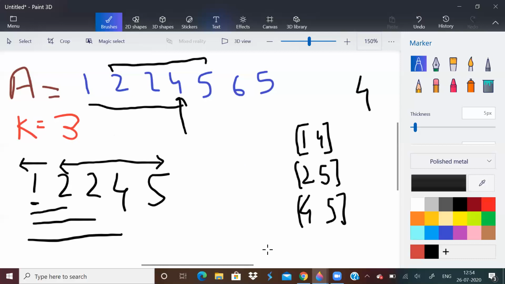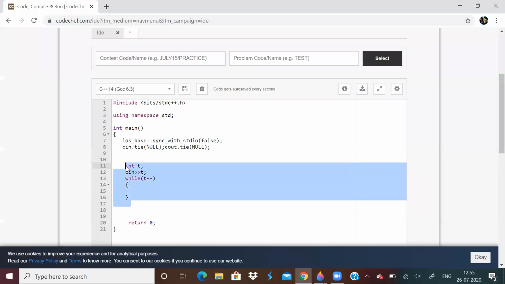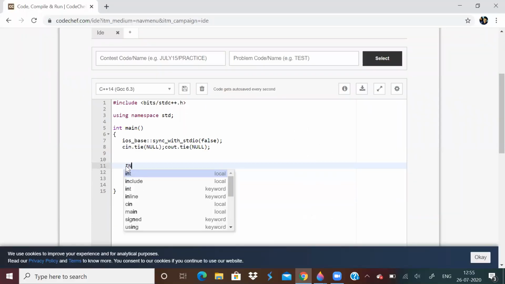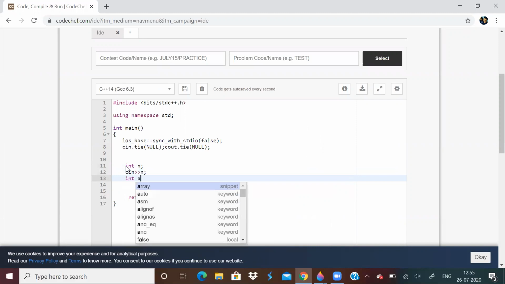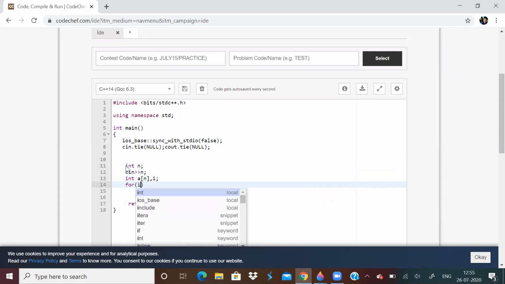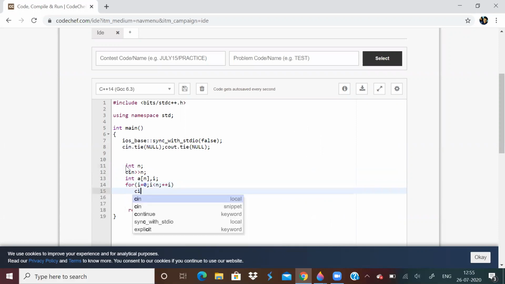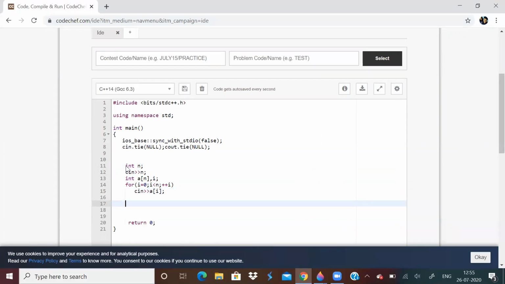So how to code this? First of all, what do we need? To demonstrate the example, let us take some input array and let us say our k value is 3.